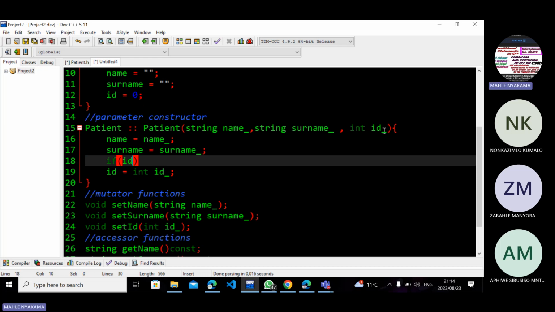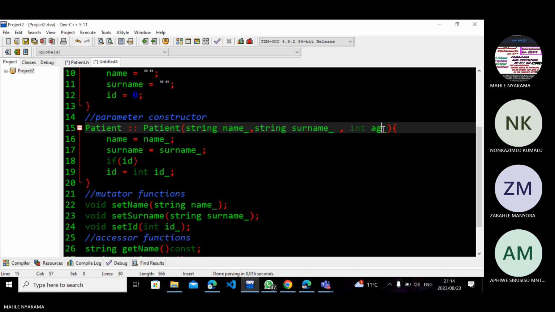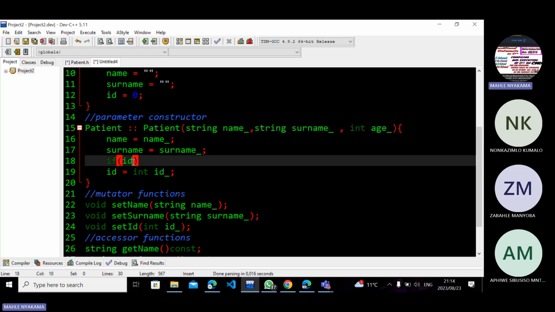So this was still here, that is age. So if the age now is greater than 0, and less than 125. So you don't write it like this. If age is greater than 0 and less than 125, then